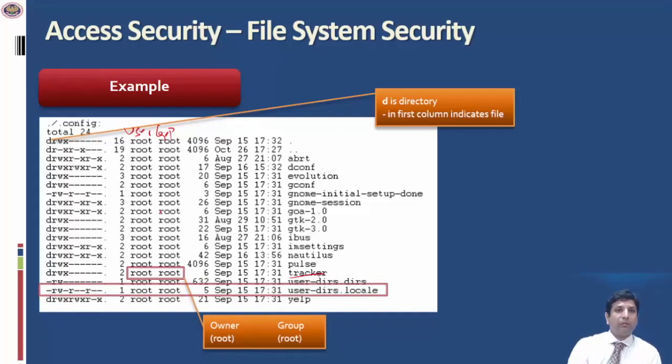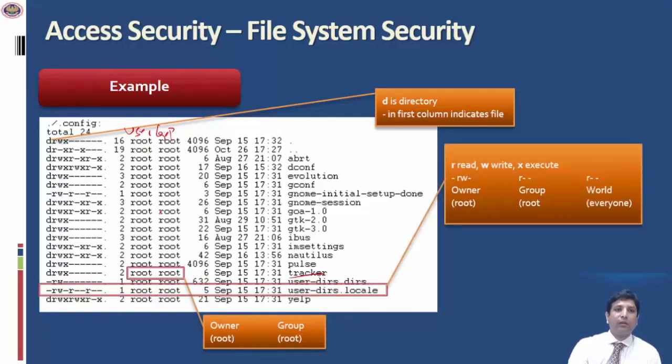Now we see another example of what are the various permissions for each file or directory. If you see, the first character indicates the directory or file. The next three characters indicate the permissions for the owner. So we can see that read is R, W stands for write, and X is for execute. So the user or the owner here has access to read and write. The next three characters mention the access permission of the group. Here the group has access to only read the specific file.